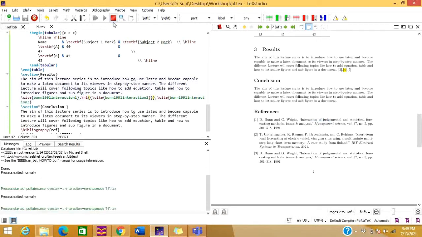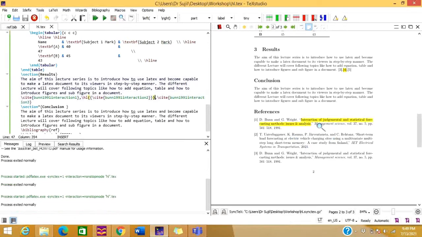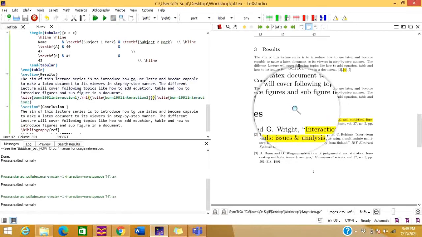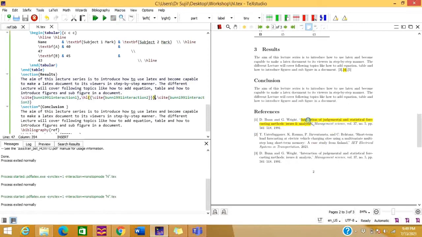It is running. Let's see what is going to appear here. Here you can see in this case the title portion is highlighted.